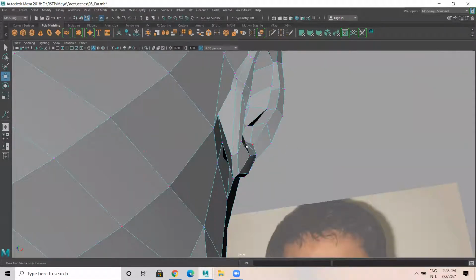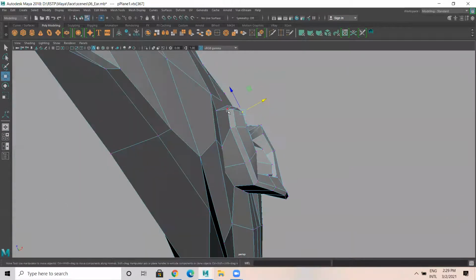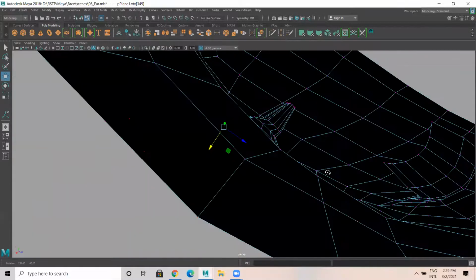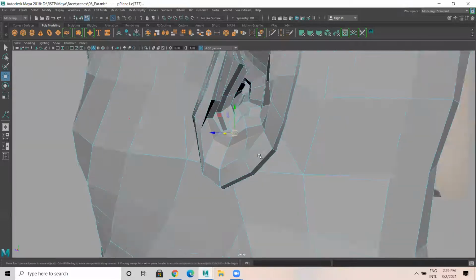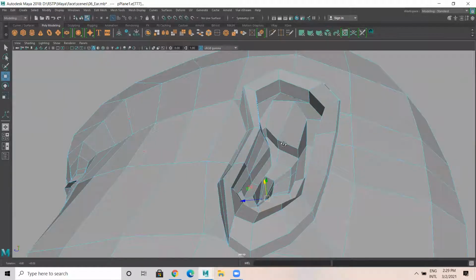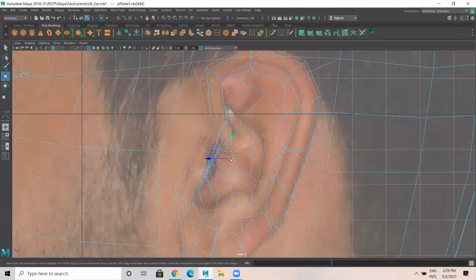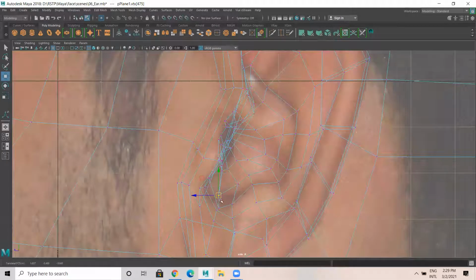This particular part is a bit soft, so you have to give smoothness like this. Make this a bit curvy, that's it.